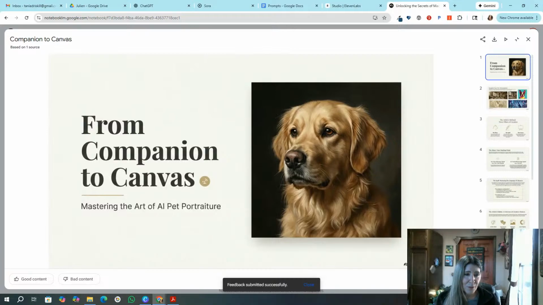I thought I'll go with something a little more interesting and a little more fun, and that is turning your pets into art. It's a great entry point because you're going to go in and learn how to use a tool to do something really fun.